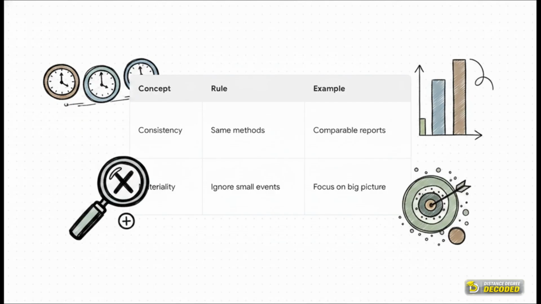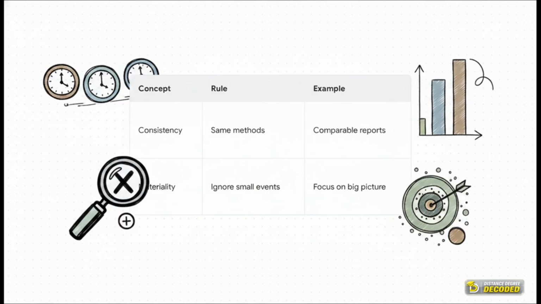We round out our fair play rules with 2 super practical concepts: consistency and materiality. Consistency just means you can't go changing your accounting methods year after year just to make your profits look better. You pick a strategy and you stick to it, so your reports can actually be compared over time. And materiality? That's the rule that stops accountants from completely losing their minds. It means we don't sweat the incredibly small stuff. If an event or a tiny discrepancy is really small potatoes, we don't need to bog it down with complex